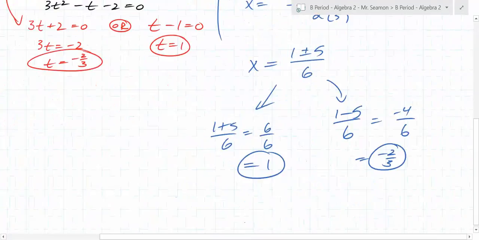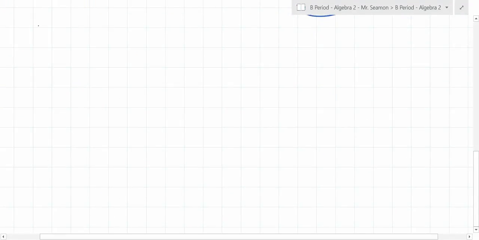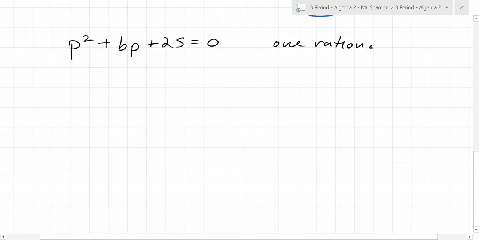Okay. So any others from 9.3 that you want to ask about? We can go back to 53 then. Okay, we'll do 53, and then we can come back again if you want to. That's fine. 9.2, number 53. It gives you p squared plus bp plus 25 is equal to 0. And it asks, find values of a, b, or c so that each equation will have one rational answer or